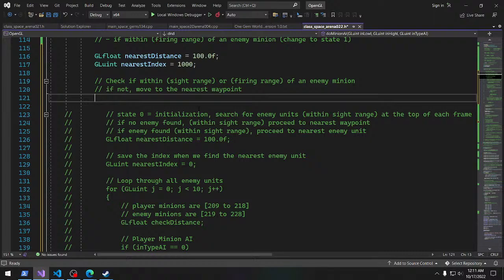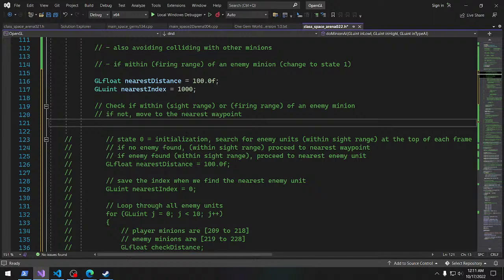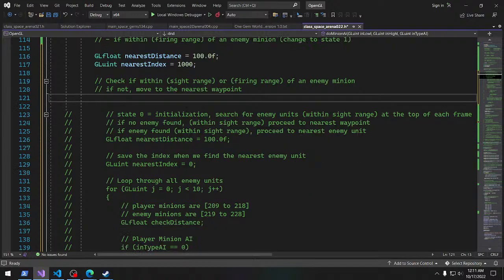So in order to check within sight range or firing range of an enemy minion, and if not, move to the nearest waypoint. This is like 3 things in one. And we're going to throw in the avoid collision thing. Then